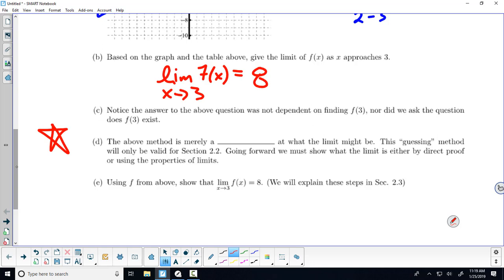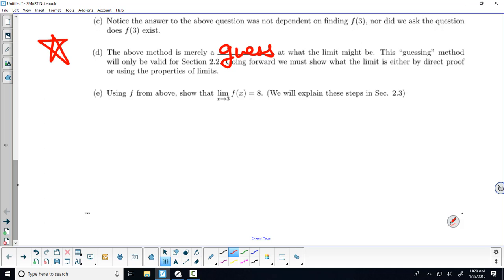What we just did is an intuition. Okay? The above method is merely a guess. I cannot stress this enough. This above method is just a guess. Okay? This guessing method you will do in section 2.2, and that's it. And I will not have a question on your first exam where I ask you to guess the limit. Okay? Because I'm so opposed to that idea. I'll have you find the limit using properties. Okay? And in fact, let me show you how you will eventually answer this question for this problem. Okay? You won't understand all these steps. I'm perfectly fine with that. But I want to show you how we will actually show that the limit for this function is 8 going forward. Okay? So,